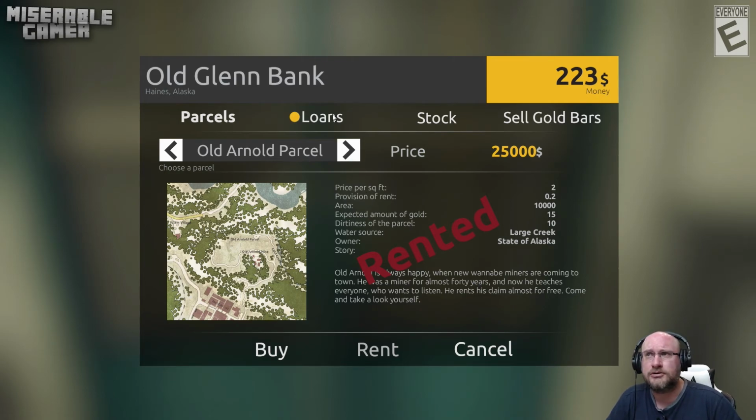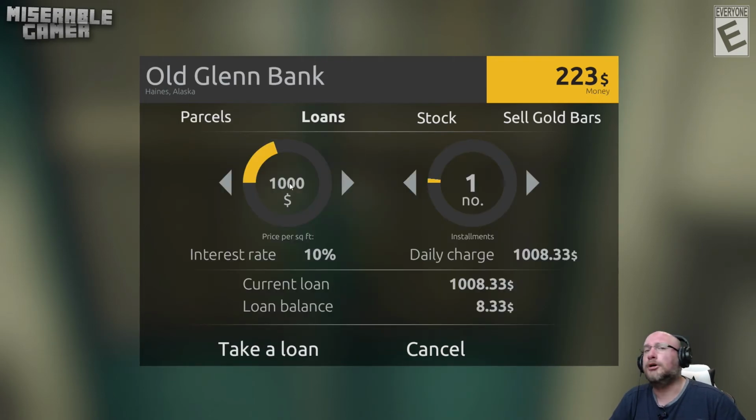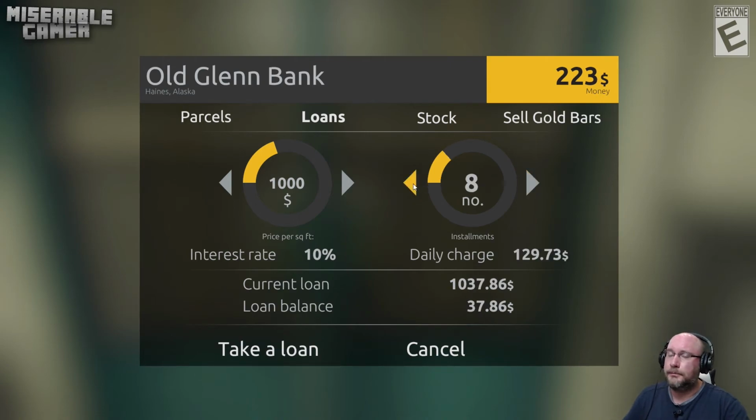Next thing you want to do is go to loans. You want to borrow $1,000. But before you do this, if you take a loan out right now, you've got to pay back the entire loan within 1 day. That's about an ounce of gold, which is really difficult. So what you can do is increase this. You will net about an ounce of gold, but it varies, and that takes a lot of work. So what I would suggest,